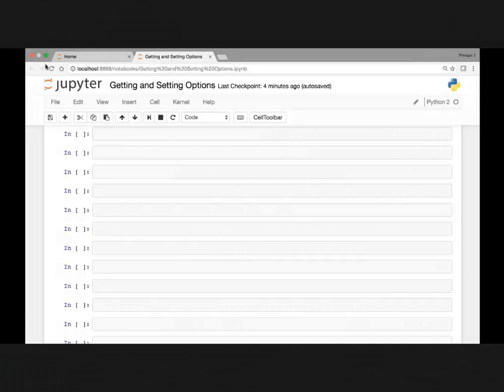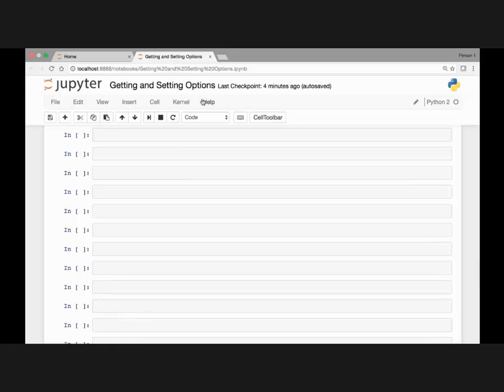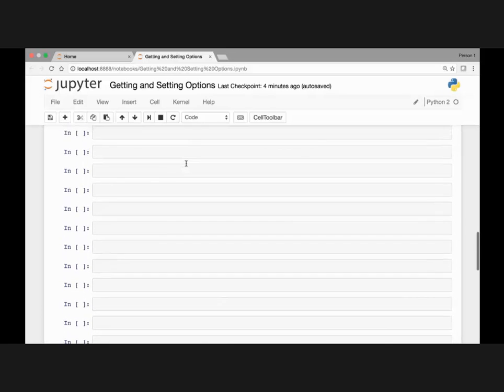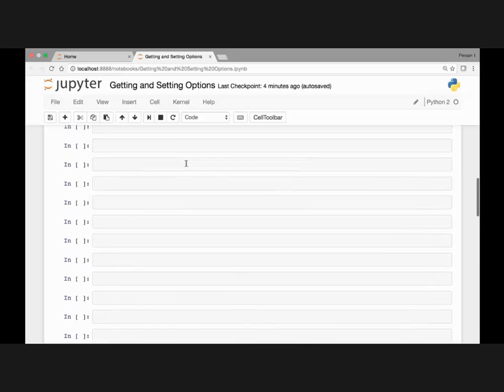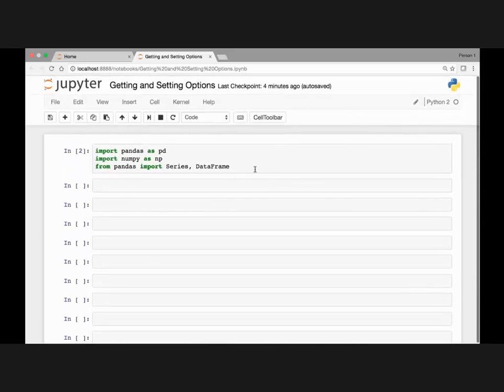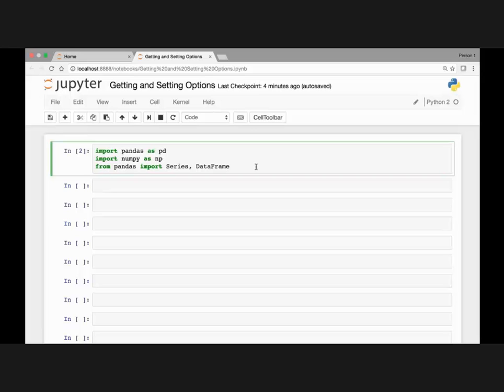Hello everyone and welcome. In this lecture and in the next few lectures we'll look at getting and setting options in Pandas. Pandas has a feature that lets us optimize our data frame or the objects that we work with. In this lecture we'll look at some of the most common options that we can use to optimize and customize